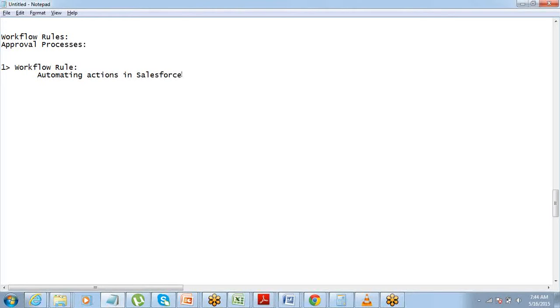So in a workflow rule, what all things do we need to define? Basically, we need to define which object the workflow rule should be working on, what criteria should be met to initiate action, and what action should follow.